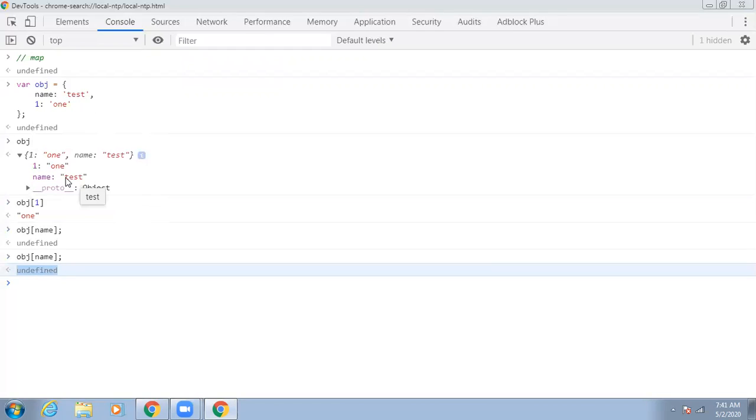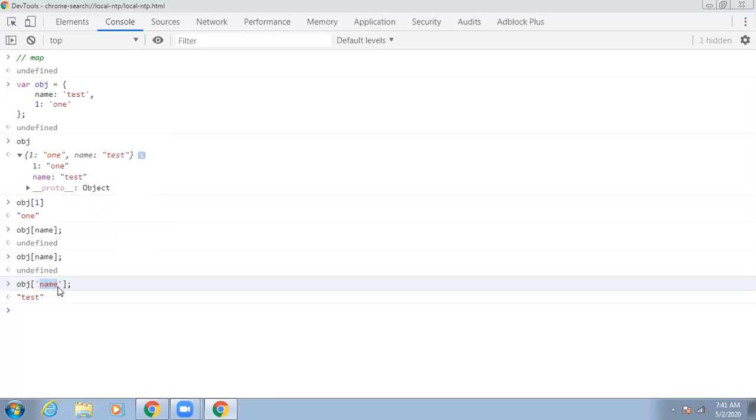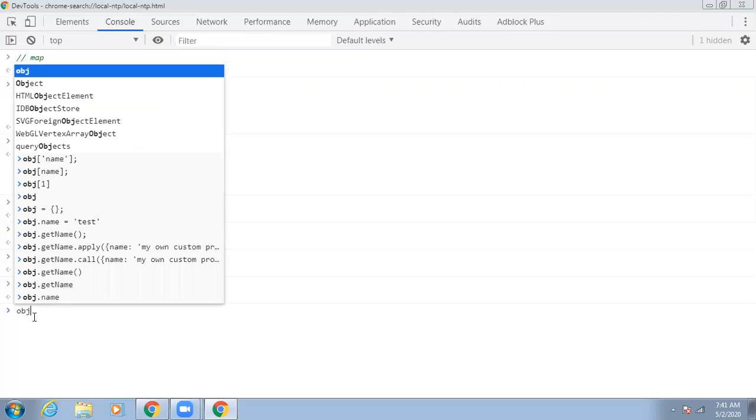I am supposed to receive the test, but it is giving undefined. The reason is that it converts all the keys to string type.